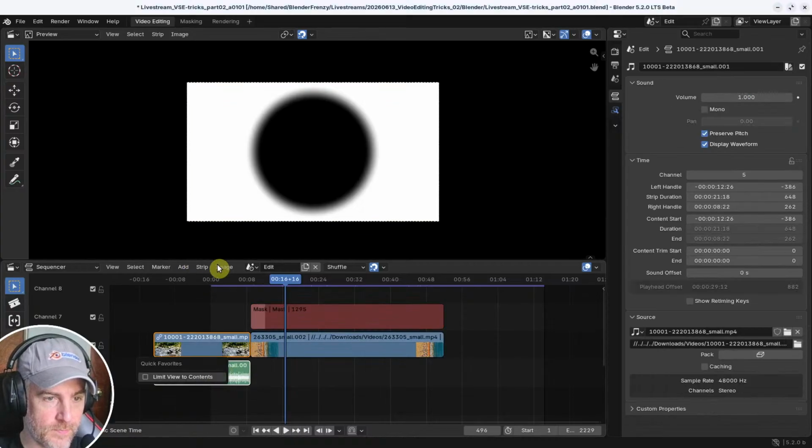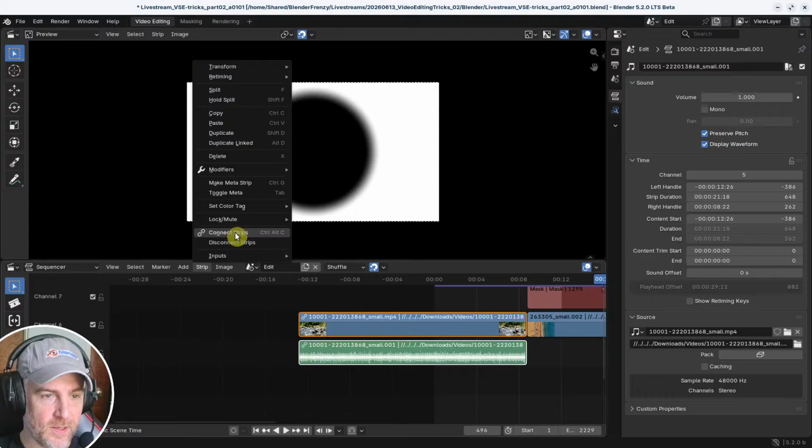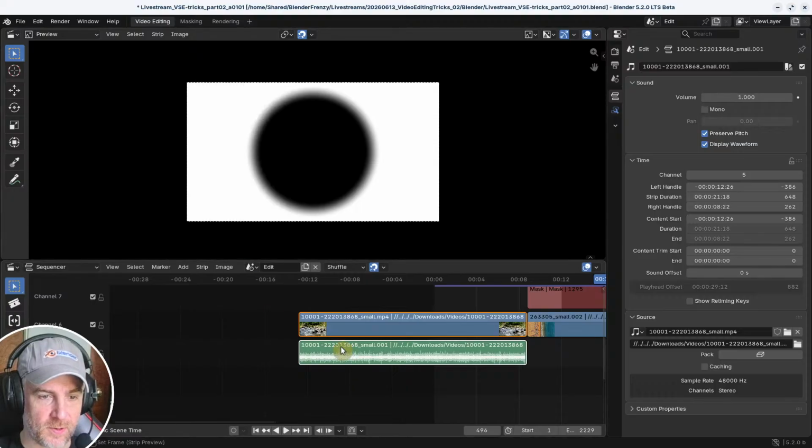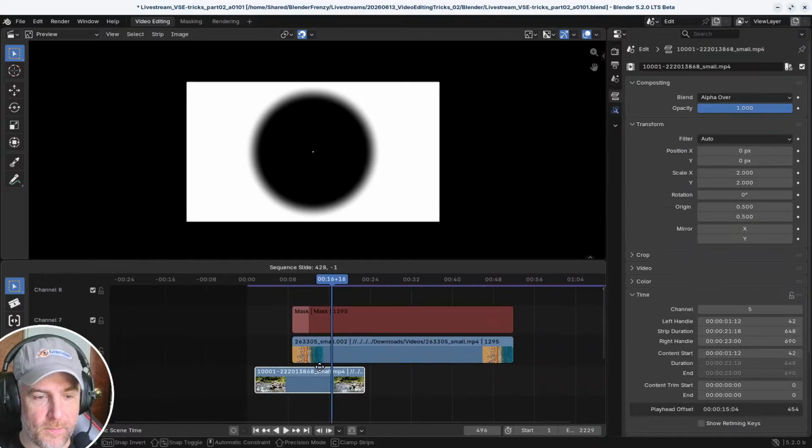Let's discount. Oh. So also in Blender 5 now, or maybe it was 4.5, I can't remember, you have these connected strips. If I try to select only the audio and then delete it, it's not going to delete it because it's also connected to the video. So I'm just going to disconnect strips so that I can select only the audio and then delete that. But now,